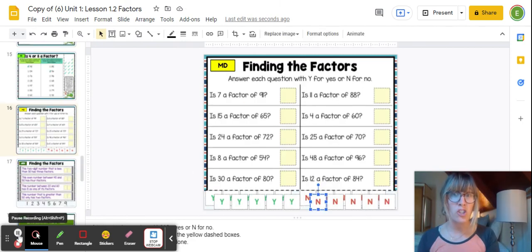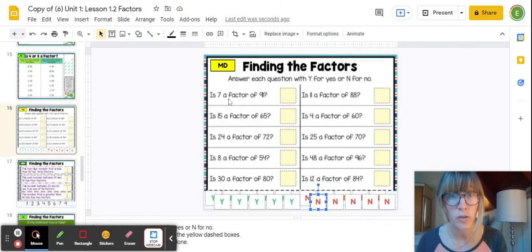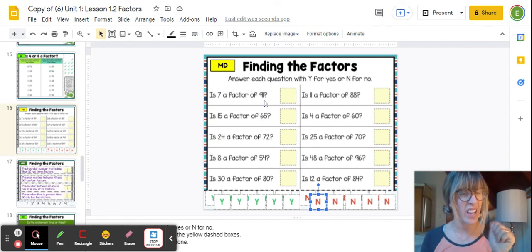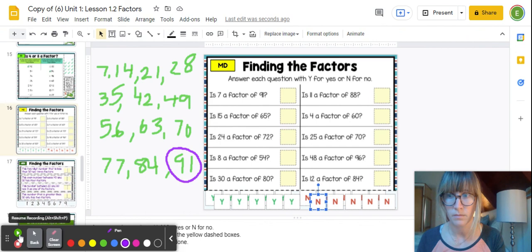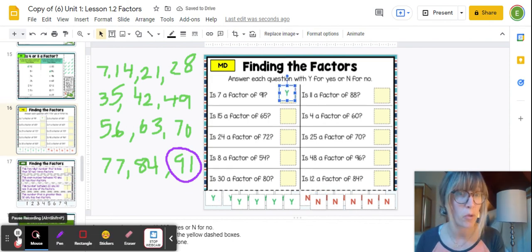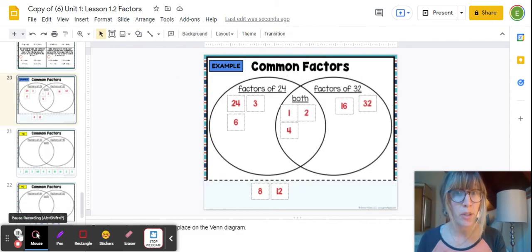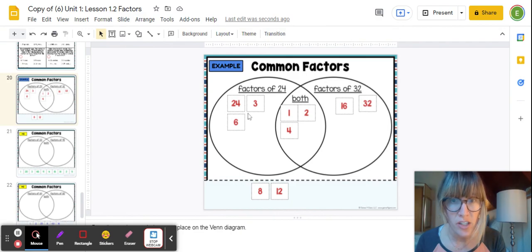Here you're going to determine if each of these is true or not true. Is 7 a factor of 91? In other words, if I count by 7s, will I hit 91? And you can see that if I count up by 7s, I do indeed hit 91. So I'm going to drag a Y up for yes. Here's an example of a Venn diagram being used to find common factors of 2 numbers and seeing which they share as factors. So in this case, we have